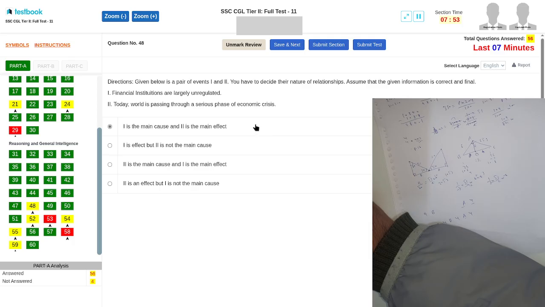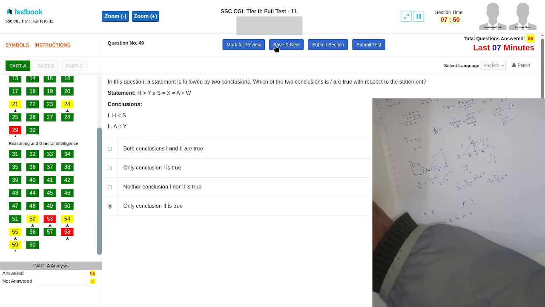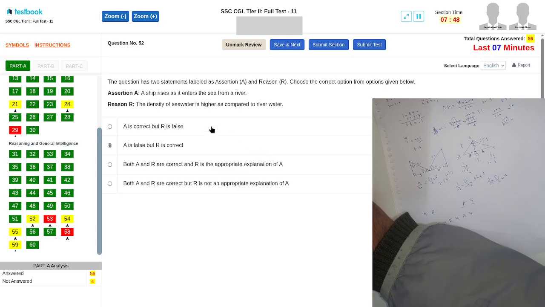It enters the sea from a river. रिवर की डेंसिटी कम होती है, सी की ज़्यादा होती है, तो राइज नहीं होना चाहिए, फॉल होना चाहिए। The density of sea water is higher. डेंसिटी ज़्यादा है तो, हाँ ठीक है, डेंसिटी ज़्यादा है तो ये शिप फ्लोट करेगी।